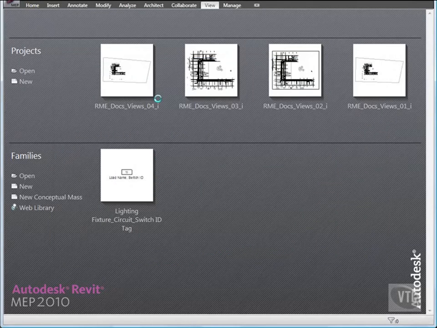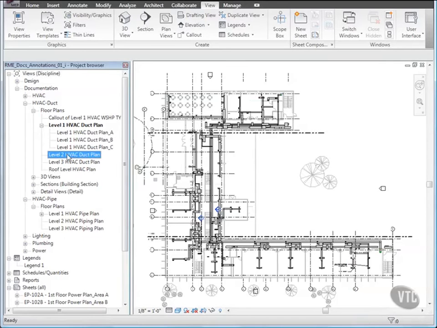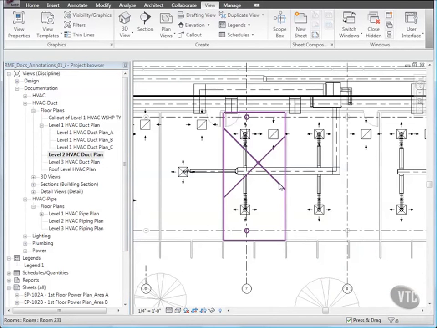Let's add a text note to an HVAC documentation plan. In the project browser, under Documentation HVAC Duct Floor Plans, double-click Level 2 HVAC Duct Plan. Zoom in to the lower right corner of the building as shown, and from the Annotate tab's Text panel, click